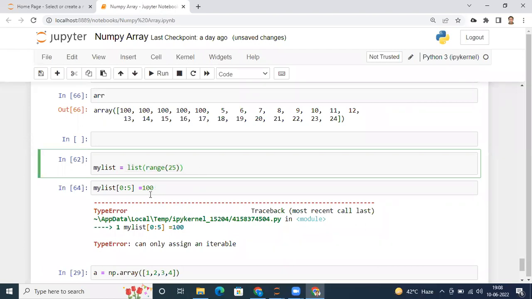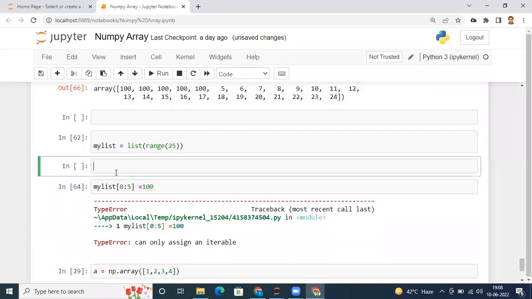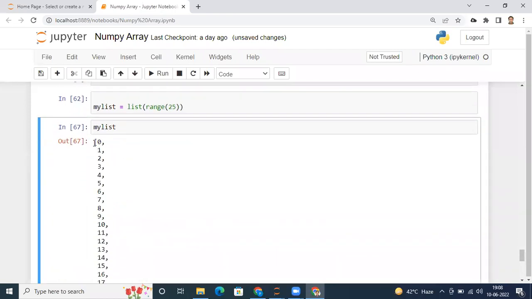Now suppose I want to change, I don't know how. Please change these elements within one statement. This is my list. I want the first 5 elements to be 100 within one statement only. You are not permitted to use this way,